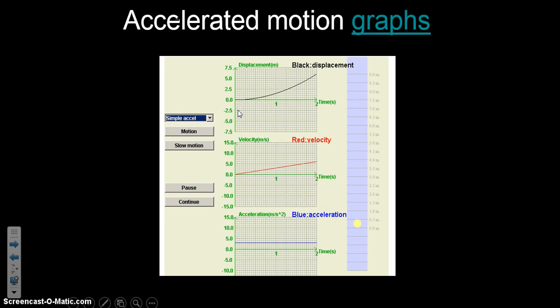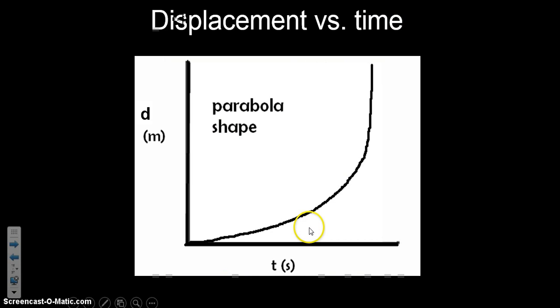Okay, let's look at accelerated motion graphs next. So here again, we always make sure that we look at the y-axis first before we evaluate any graph. And now that we're looking at displacement, you can see that nice little curve means that every increment of time we're making more and more and more progress. Here you can see that means velocity is increasing, so now the acceleration is non-zero.